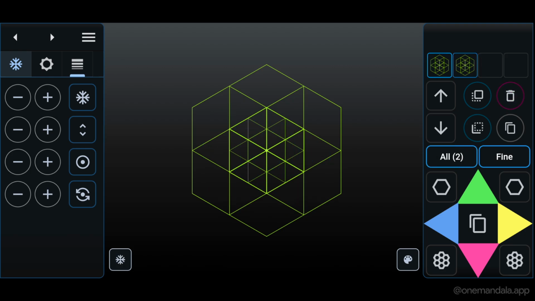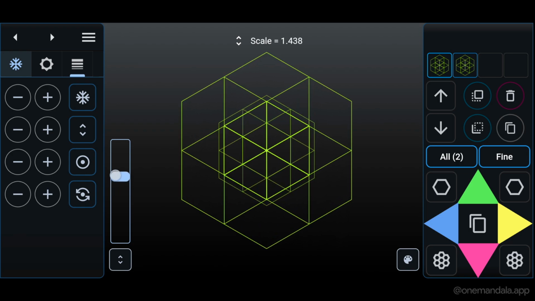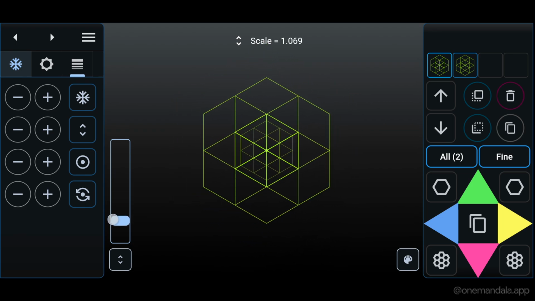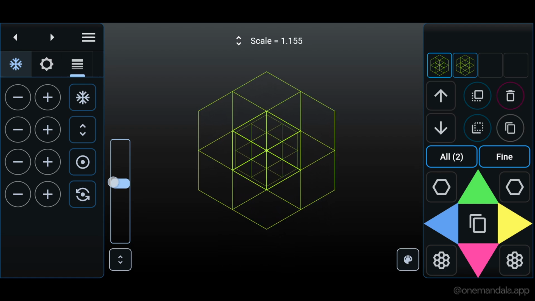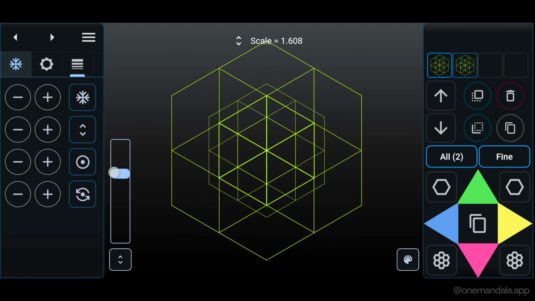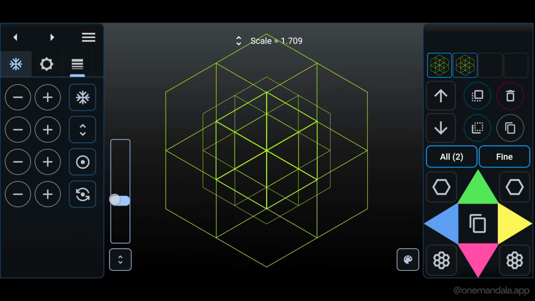Let's look at one last thing. The fine-tune adjuster found on the bottom left here. This adjuster adjusts any parameter that you have selected by tapping on the icon. For example, the scale. If I now hold down on the fine-tune adjuster and move upwards or downwards, it will adjust the value in a very fine manner in an analog way, giving you the power to control your mandalas with the touch of your fingertips.